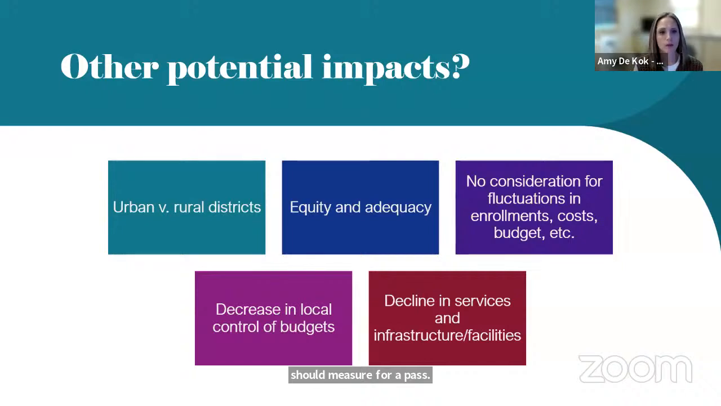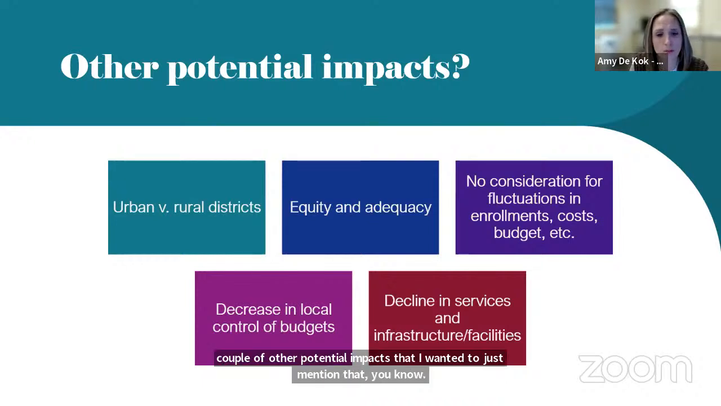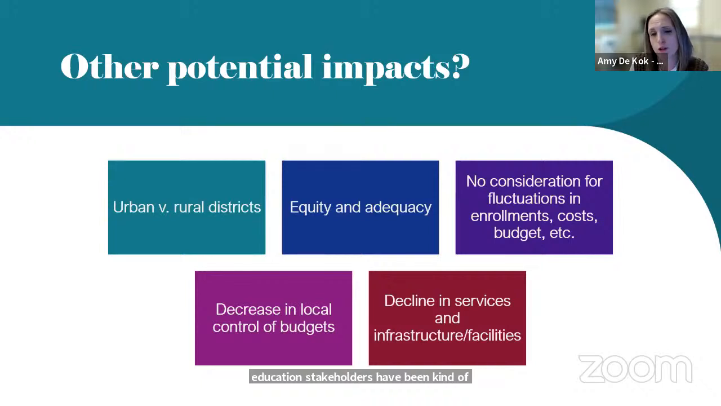Okay, a couple of other potential impacts that I wanted to mention, that education stakeholders have been chatting about and trying to come up with some considerations for. If Measure 4 were to pass, almost the entire burden of funding local government services would go to the state. And so